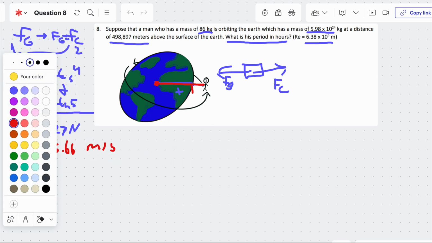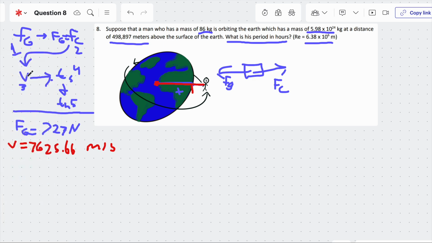So that's our velocity. Now we're going to pick a new color. We'll go green. So for our next step, we use our velocity, which we know is distance over time, to solve for time. So we're just going to change this up quick to be 2 pi r, which is our distance, over time. And again, I erased our radius. Okay, so we know that our velocity is